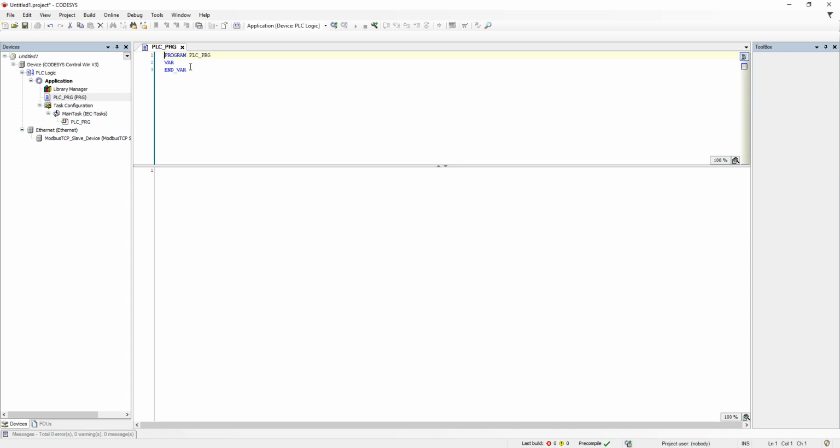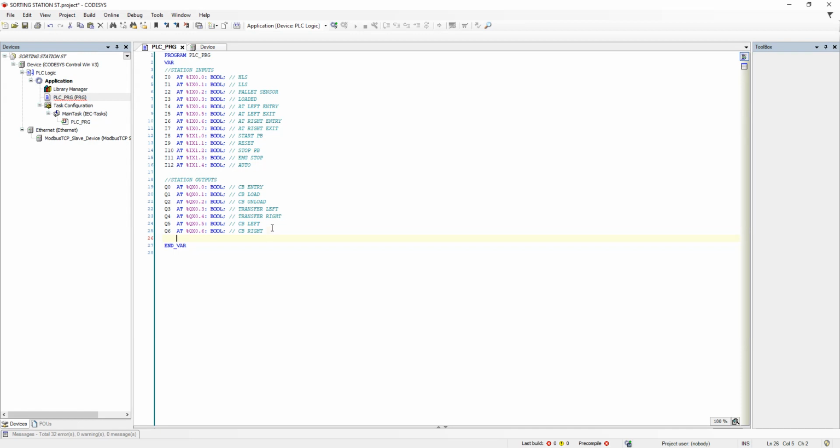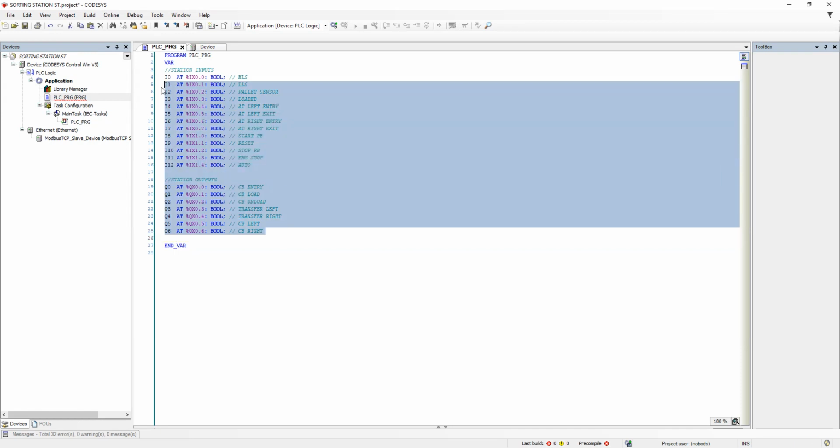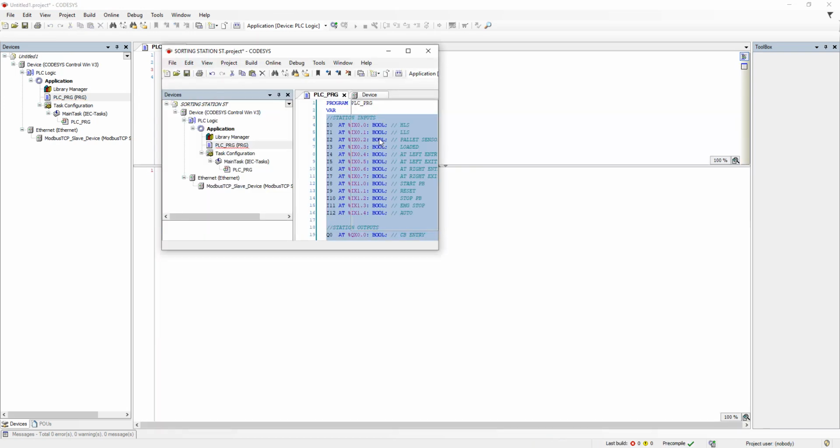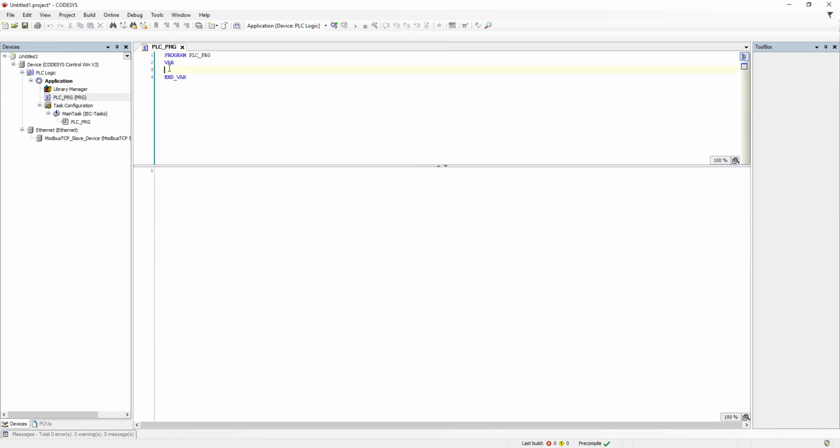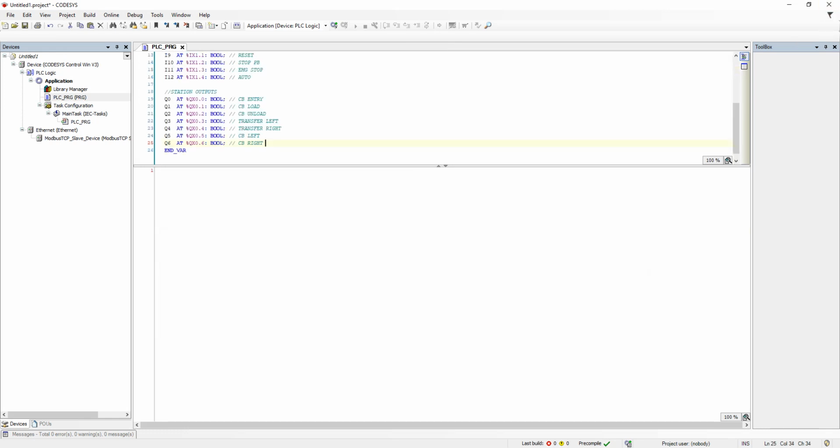Then here you're going to write your variables. Since we have programmed this machine before, I am going to copy the variables from the previous code. These are the variables. Copy them as they are and paste them right there. I want to close the other Codesys. Alright, then from here,